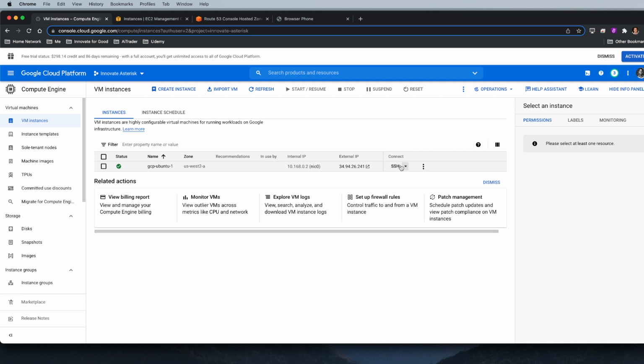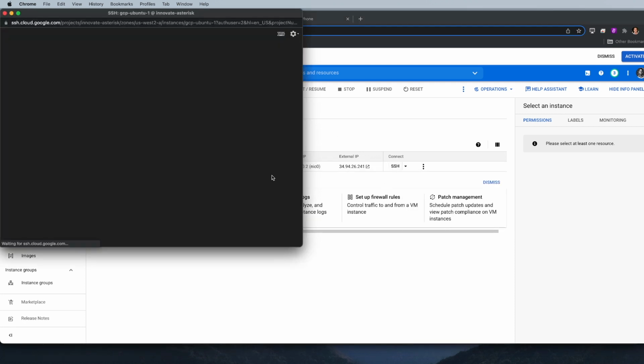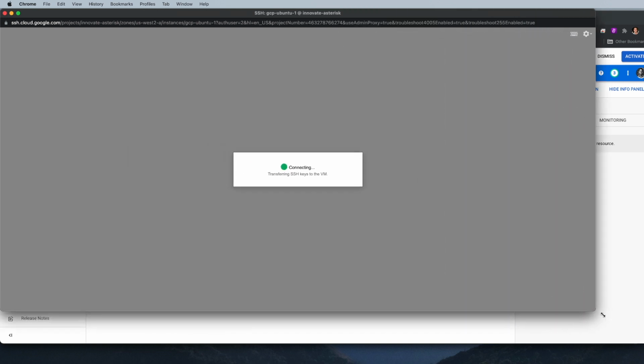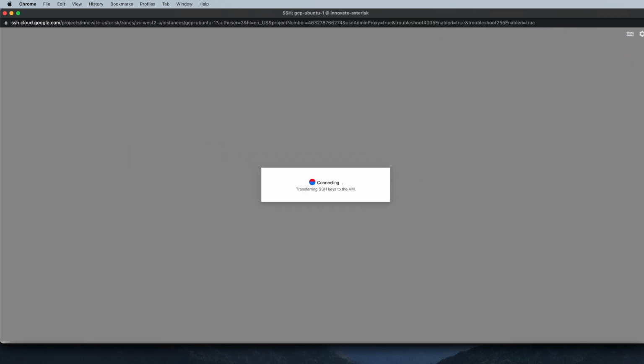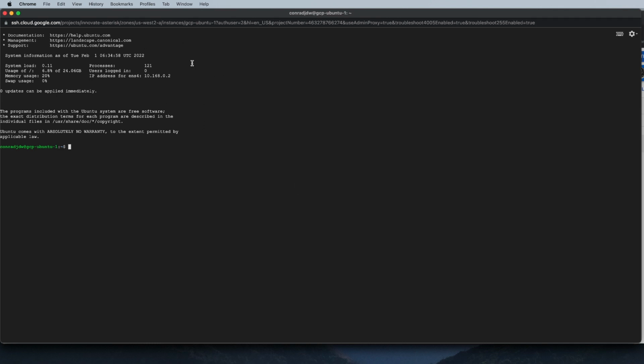I don't need the keys because you'll see what happens here is that I have a way to access SSH directly in something of a sort of a pop-up window. So you'll see Google have a very nice and useful way to get you into their instances easily. It transfers the SSH keys, sets it all up for you, and puts you into your console directly through sort of like a web browser type environment. So there you go. This is actually HTML being converted from the SSH